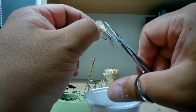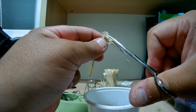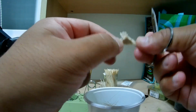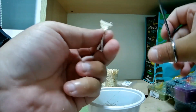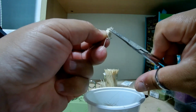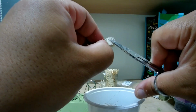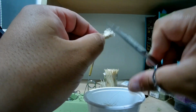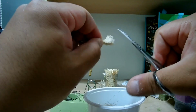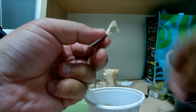These corners, let's knock those down a bit. Work these edges. Okay, I think